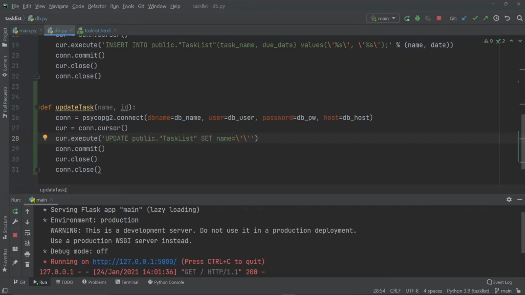So we're going to have to say set name is equal to %s, and then we're going to have a